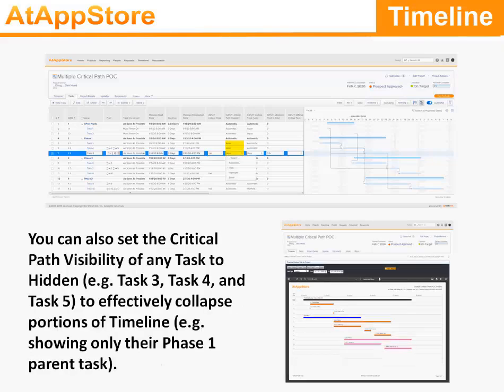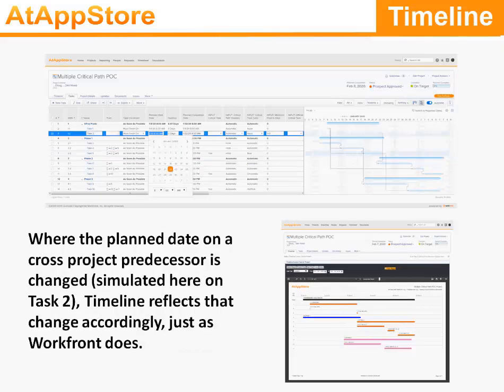You can also set the critical path visibility of any task to hidden, for example, task 3, task 4, and task 5, to effectively collapse portions of the timeline, for example, showing only their phase 1 parent task. Where the plan dates on a cross-project predecessor is changed, simulated here on task 2, Timeline reflects that change accordingly,